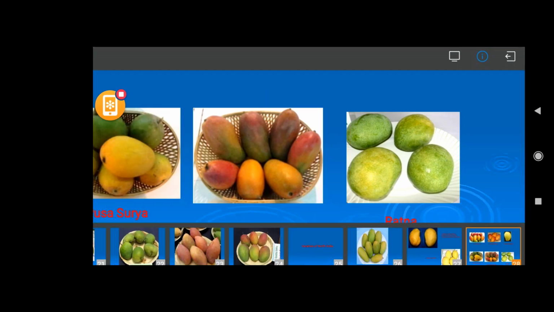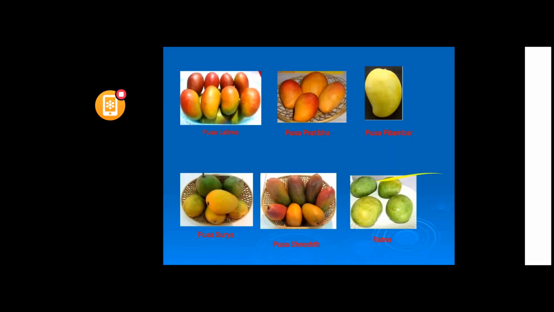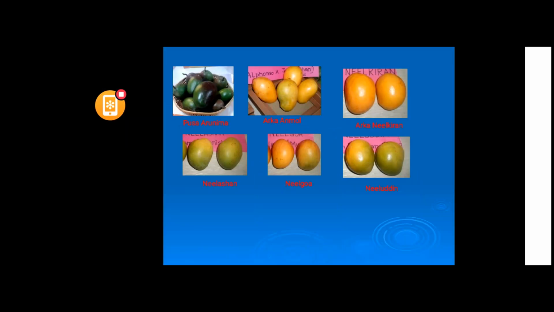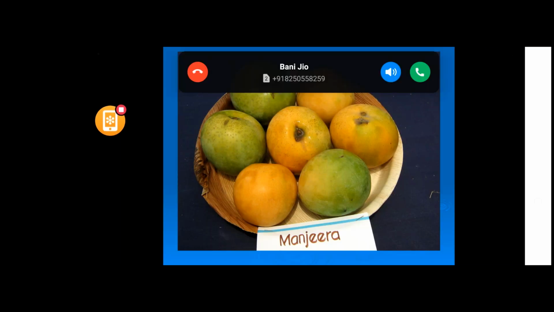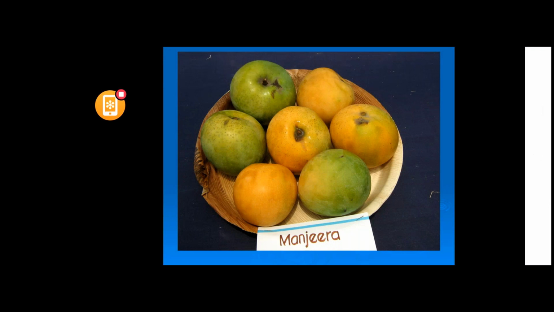These are the hybrids. And other varieties: Pusa Arunima, Arka Anmol, Arka Neelkiran, Neeleshan, Neelgoa, Neeluddin. Manjira is another hybrid.